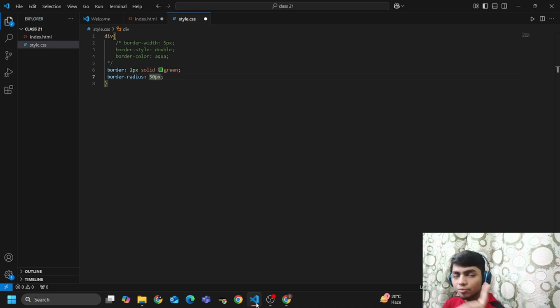If I provide only one parameter, that means 50 pixels of width should be provided to each of the corners, that is top left, top right and bottom left. If I provide two parameters like